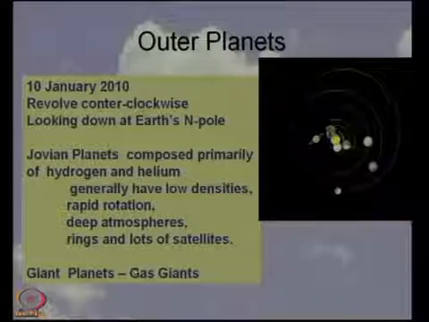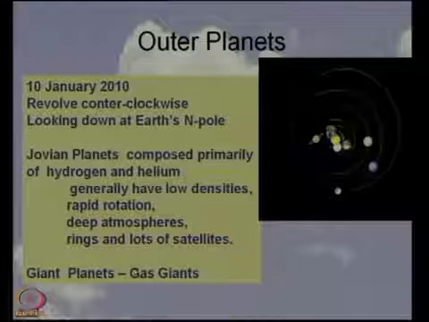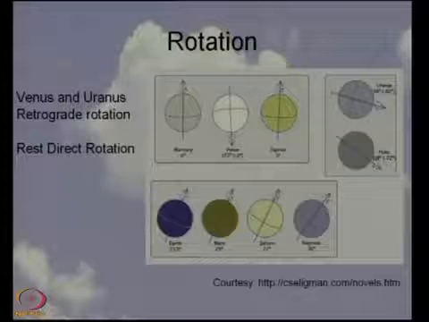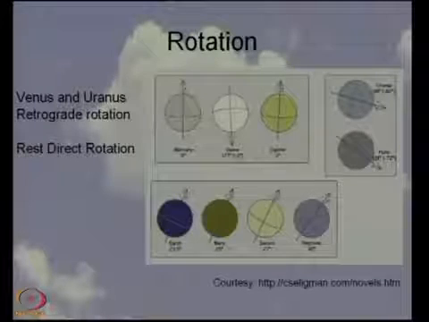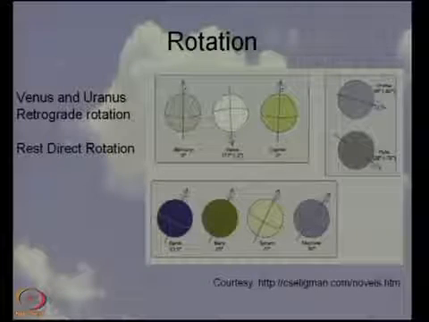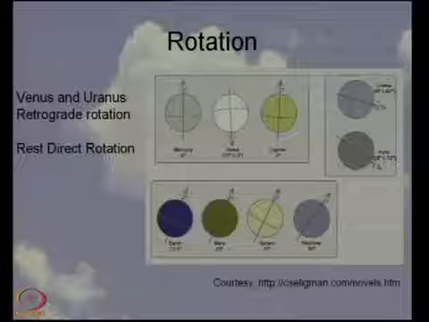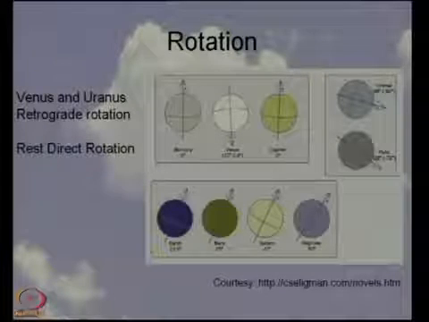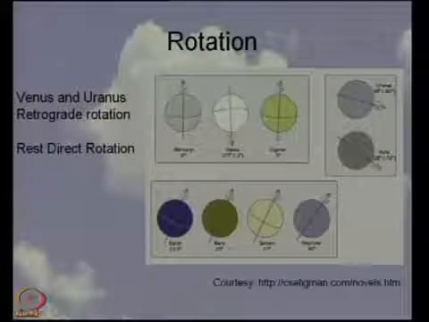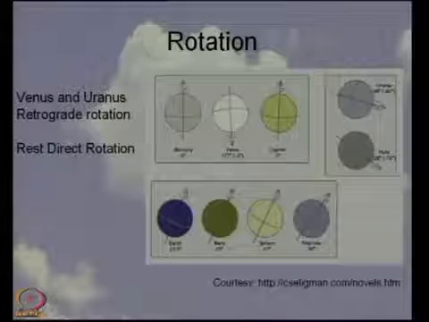So, these are the outer planets, they are much larger and they are gaseous. They are quite different from the planets that we, like the Earth, from the Earth that we inhabit. Now, let us take a look at the rotation of these planets. So, this picture, the source is given over here. This picture shows you